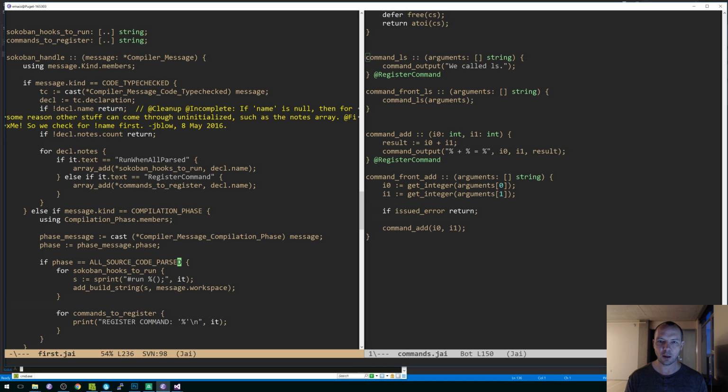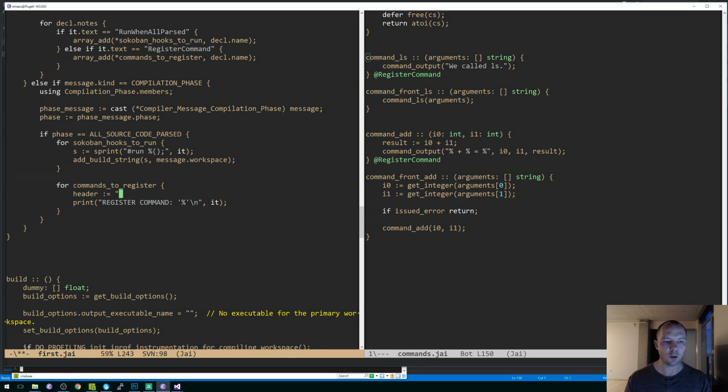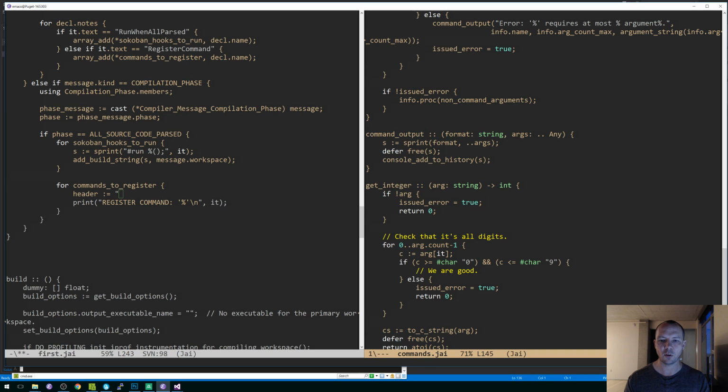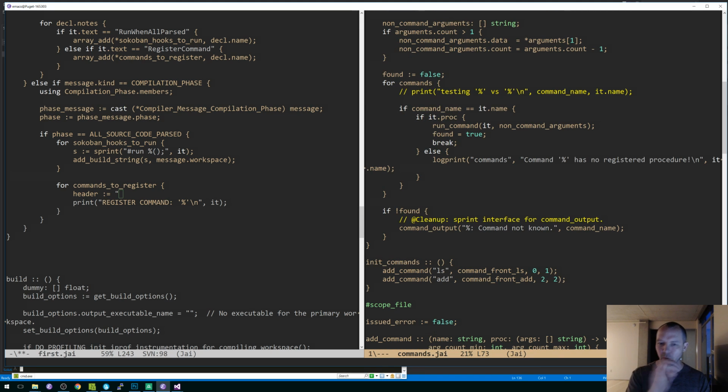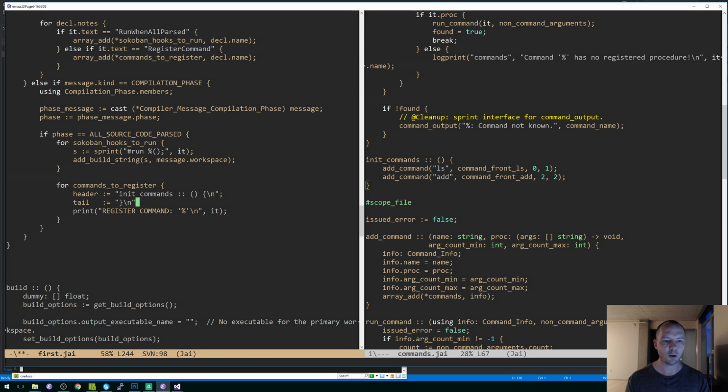We are registering these commands, and what we're going to do is generate this thing. Oh, this is going to be tricky. Let's just do this. I feel like I want to take a 5-minute break soon, so let's just start. The header is going to be init commands. We're going to just generate this procedure, right? So tail is going to be the close brace, and